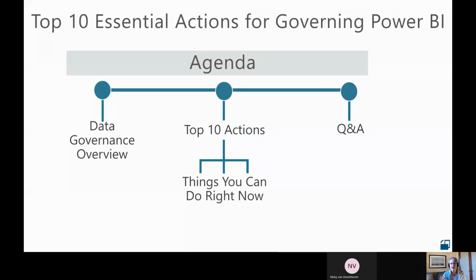Here's what we have planned today. I'm going to do a very quick overview just so that we level set a few things, and then we're going to run through this idea of top 10 actions. And as we conclude each one of those sections, I'm going to have some suggestions of things you might consider doing right now. And then we're going to have at least 10 minutes reserved for Q&A at the end. The moderators are also going to pay attention to anything that comes in during this session, and we'll stop 2, 3, 4 times during the session and see what's there.